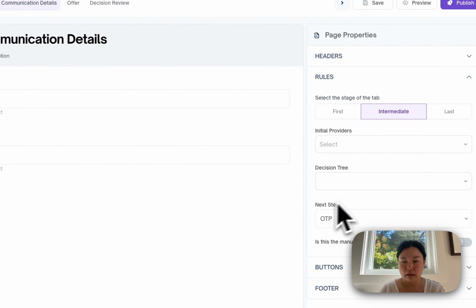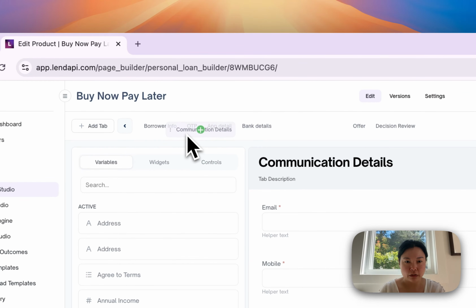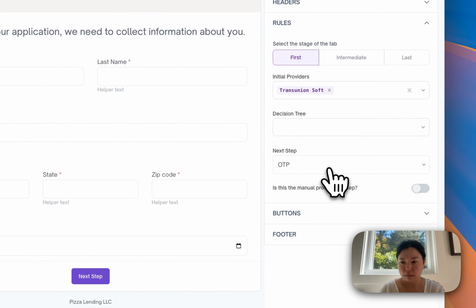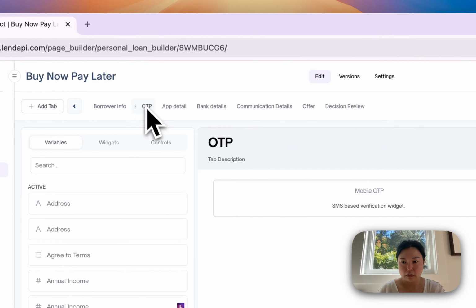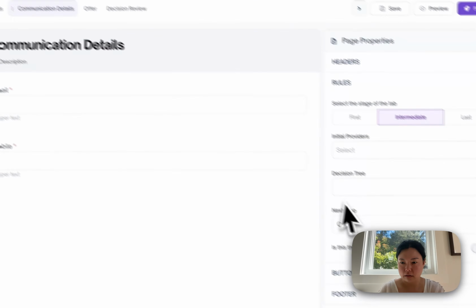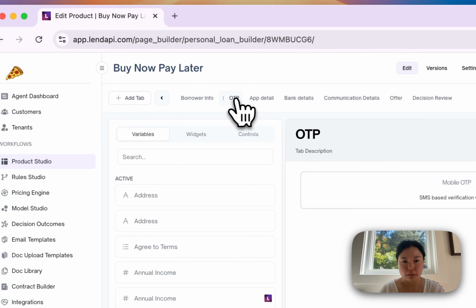And of course, we can't forget the communication details. I think for this page, we will push the users to communication details, and then to capture their email, mobile number, and then from there OTP, and